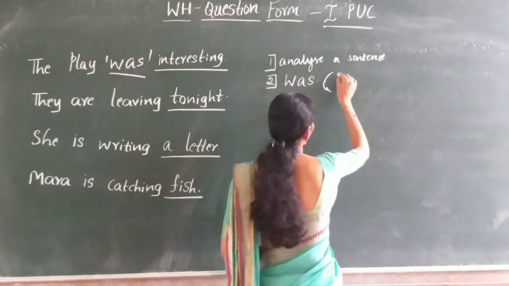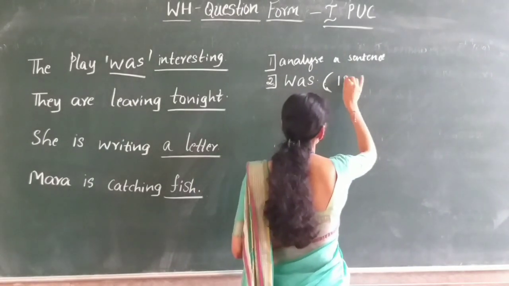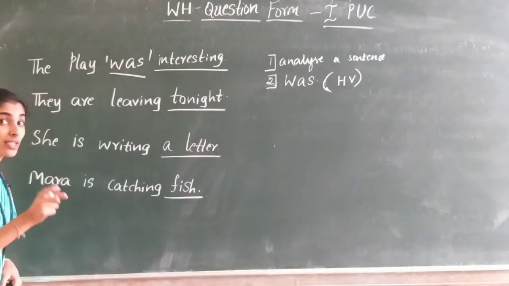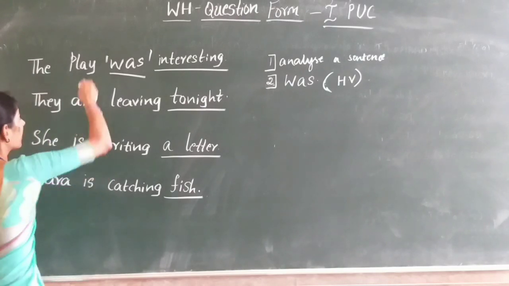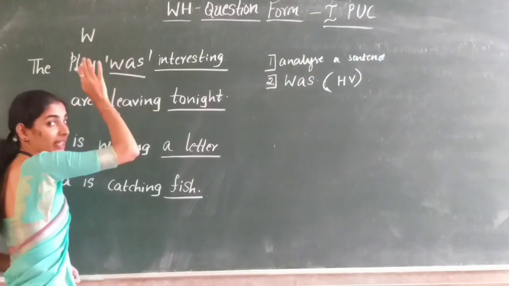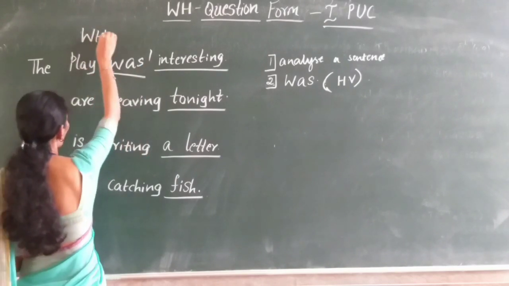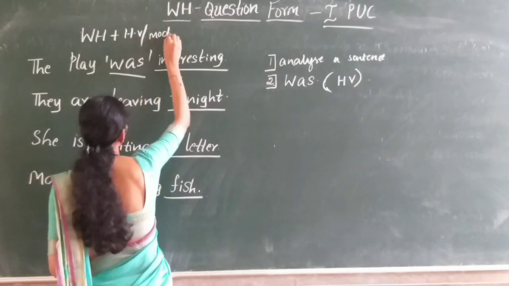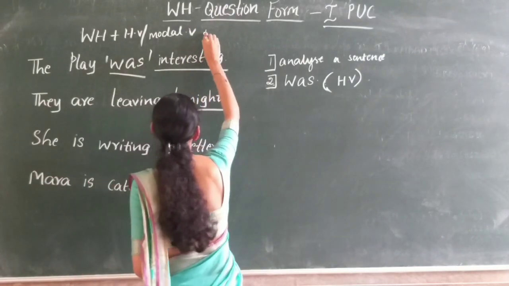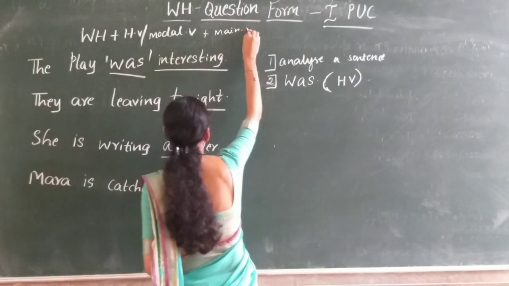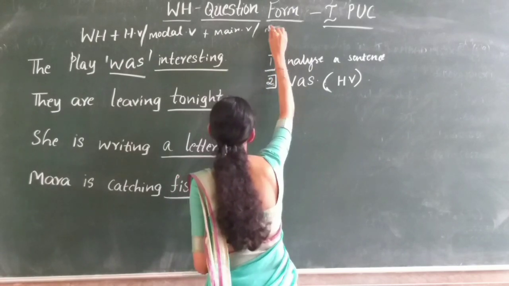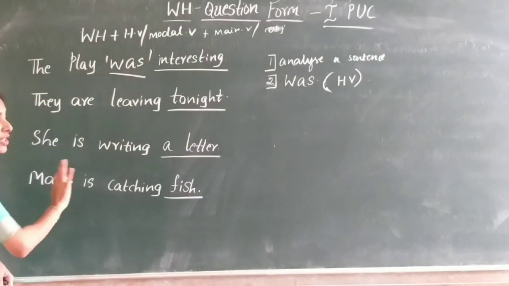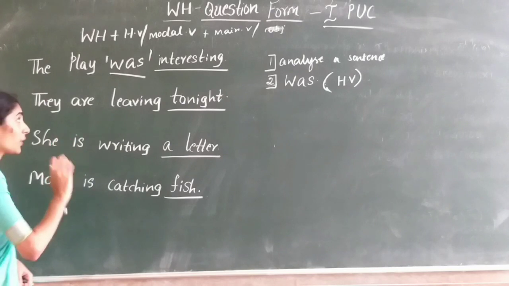The next point that you have to note is whether there is a helping verb or not. And again, I hope you remember the structure of the WH question. So recall it. You have to keep chanting that. It is like a mantra. So here WH, and then there should be a helping verb or modal verb, and then the main verb or object. Object, that is enough. Right? So this structure will not change. That will be the same for a WH question.